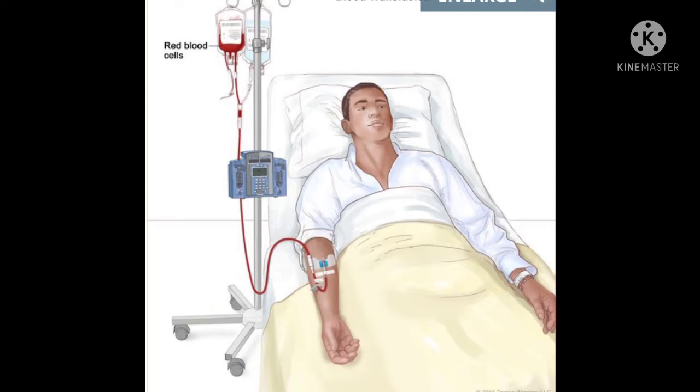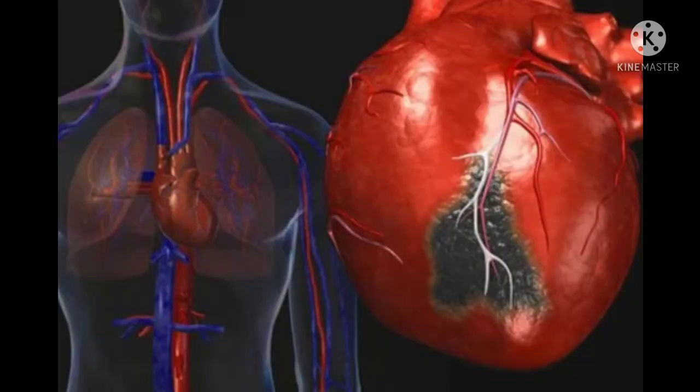Okay, next we are going to discuss heart disease. Heart disease refers to various types of conditions that can affect heart function. These types include coronary artery atherosclerosis, heart disease that affects the arteries to the heart, valvular heart disease that affects how the valves function to regulate blood flow in and out of the heart,